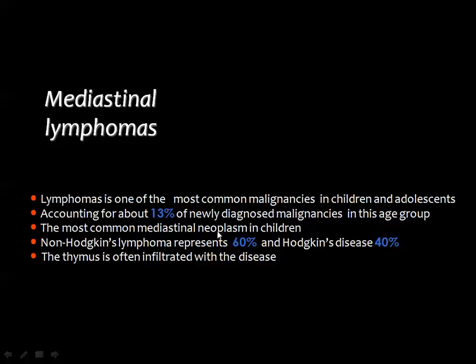Non-Hodgkin lymphoma represents about 60%, while Hodgkin disease represents about 40%. And the thymus may be prone to be infiltrated by lymphoma. So whenever we are discussing thymic masses, we may consider the possibility of primary thymic tumors and also